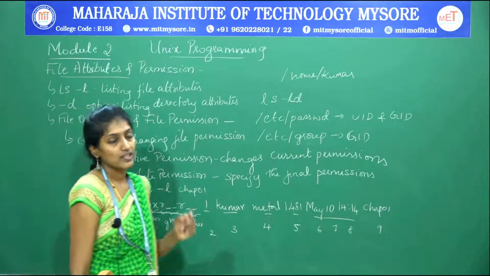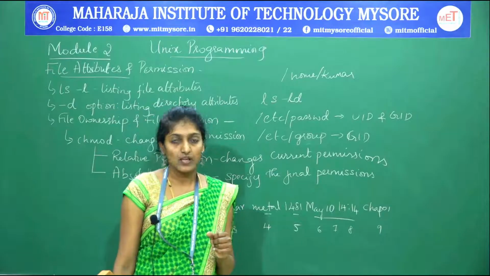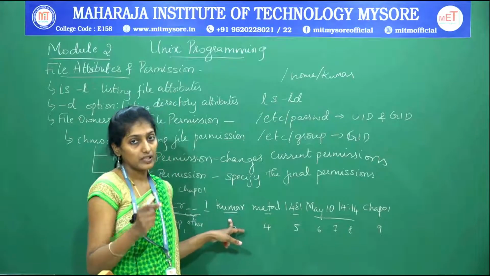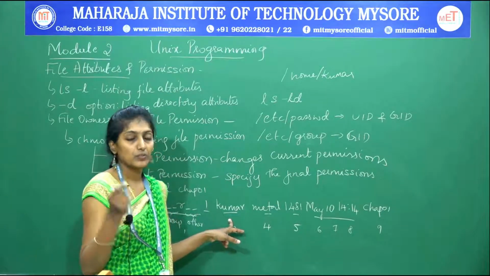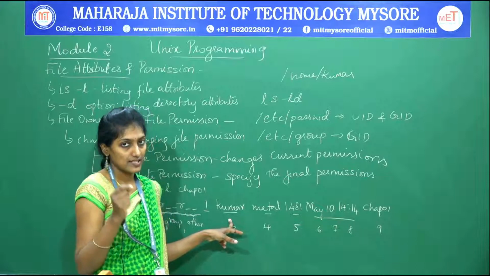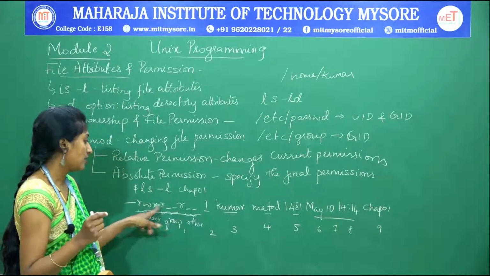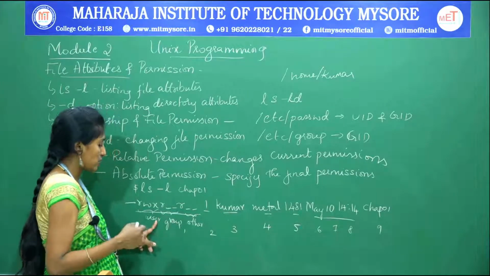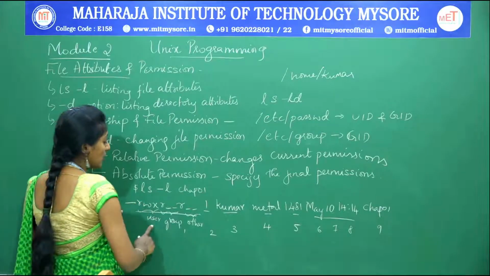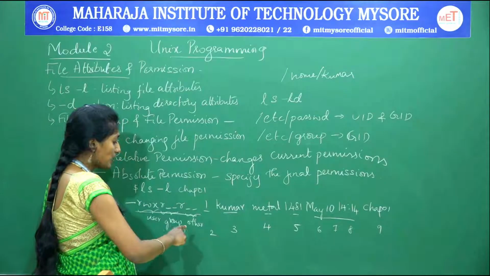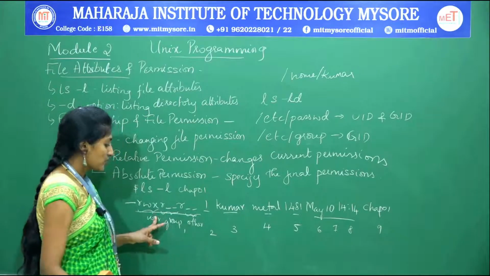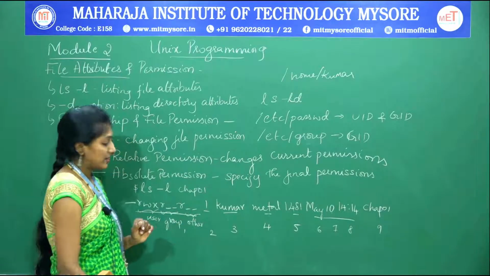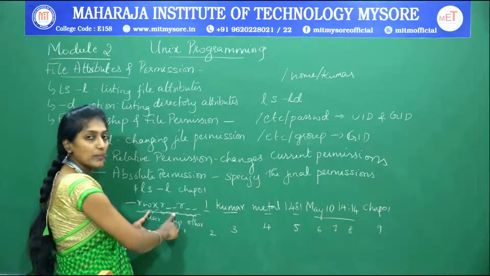This follows a 3-tier system, a 3-tier access protective permission for accessing files within the Unix file system. What does the 3-tier architecture refer to here? It refers to user, group and others. User is one category, group is another category and others is another category. For all these 3 categories of user, a permission has been assigned.